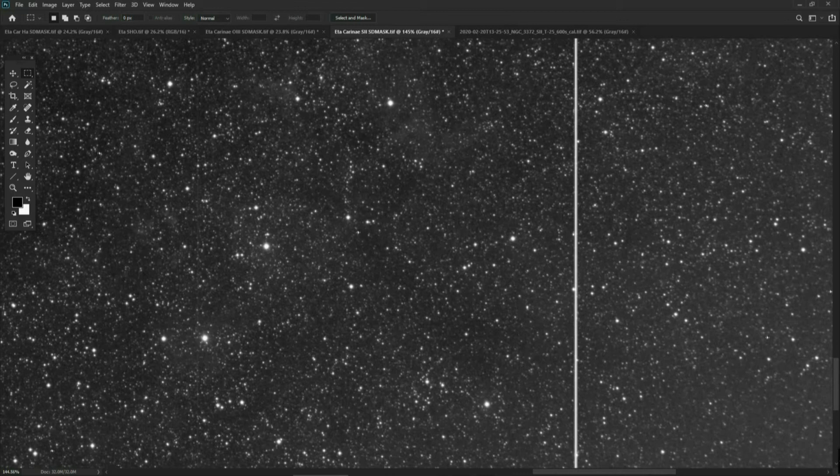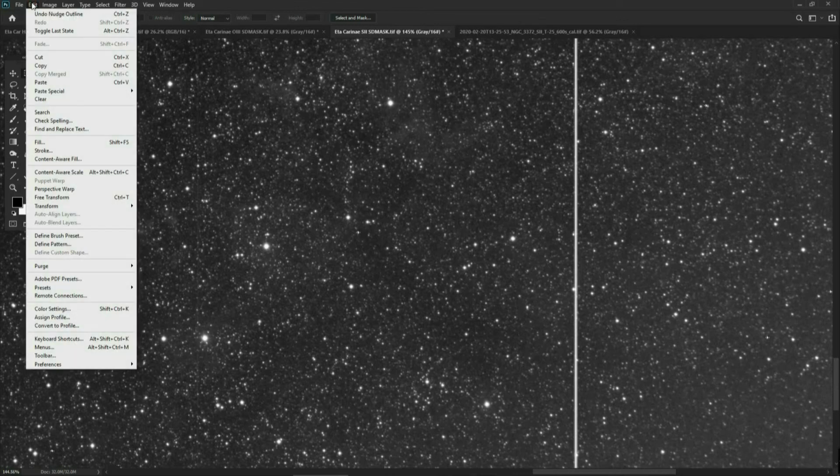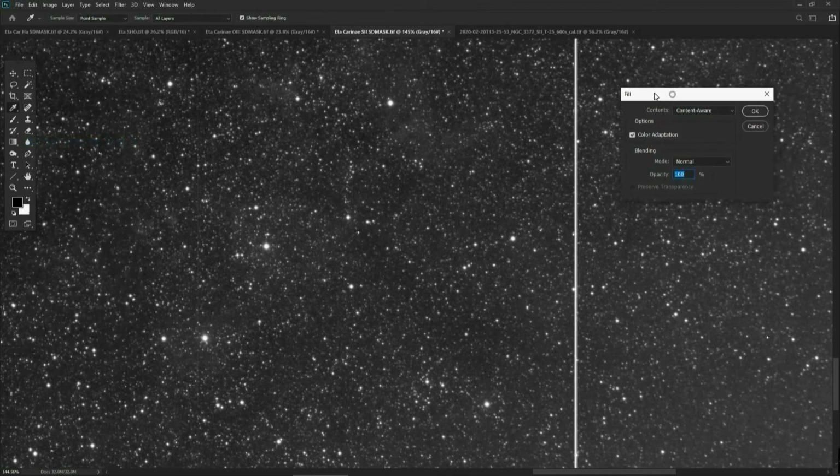So now with the column defect selected, we have one more thing to do, and it's to access the Fill menu, and we do that under Edit at the top of the screen, and then come down to Fill, and it brings up this Fill menu, and when it opens on the screen it may just default to something like this. But what we have to do to attain a level of success, we come up to where it says Contents, click on the arrow and select Content Aware. Now all of these other options on the screen are completely default. We don't need to change any of those, so I'm just going to click OK,